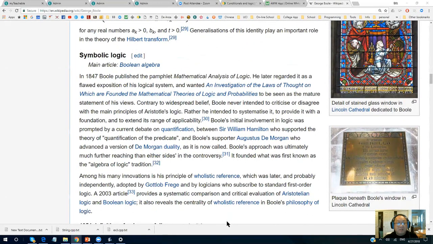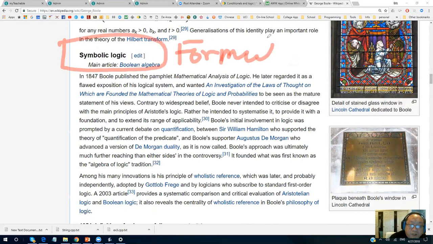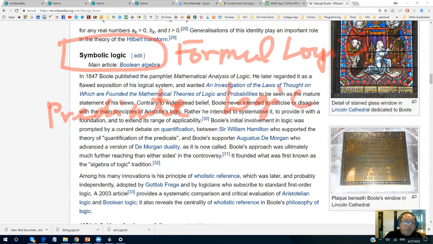This is called symbolic logic. There's another term called formal logic, and another kind called predicate logic. What is predicate logic?